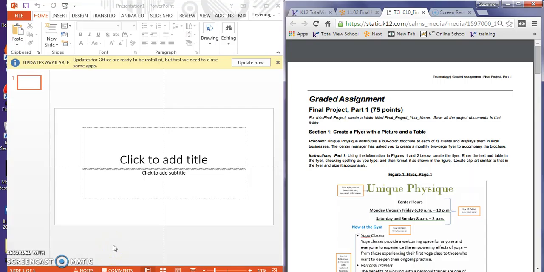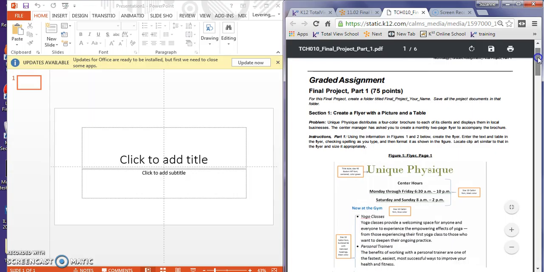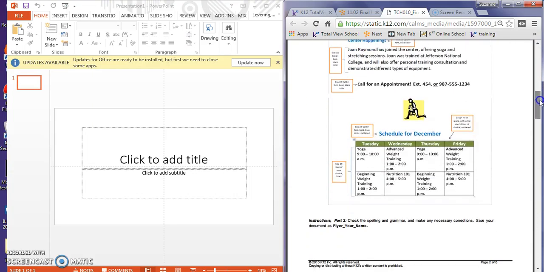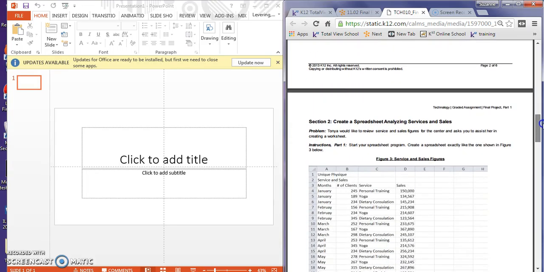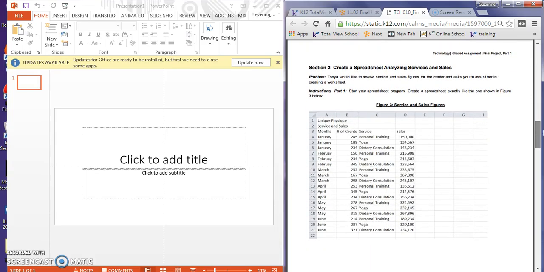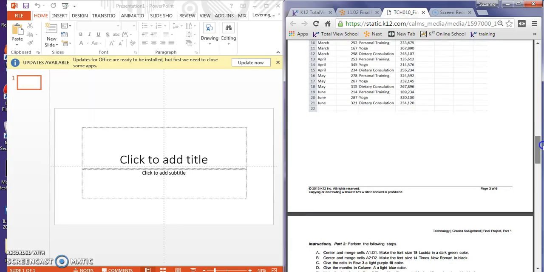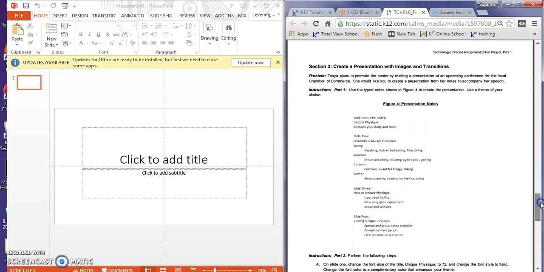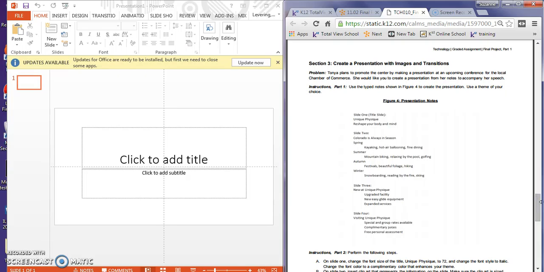So let's go ahead and talk about the last part of the 11.02 final project. Remember, there are 3 different parts. We've already reviewed how to format the flyer, how to format the spreadsheet, and now we're going to look at how to format the presentation, which is the last part of the assignment